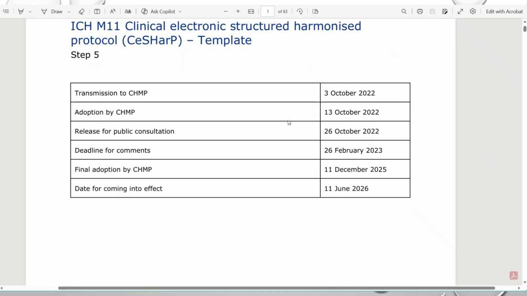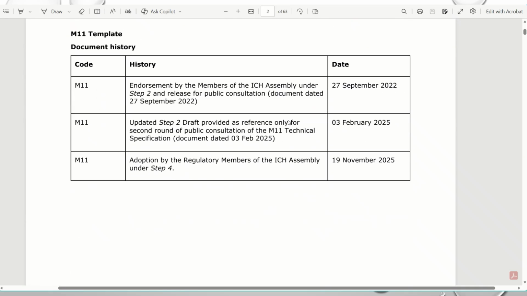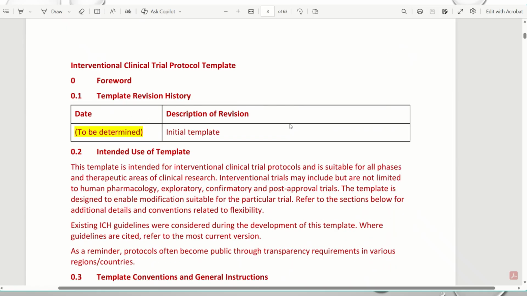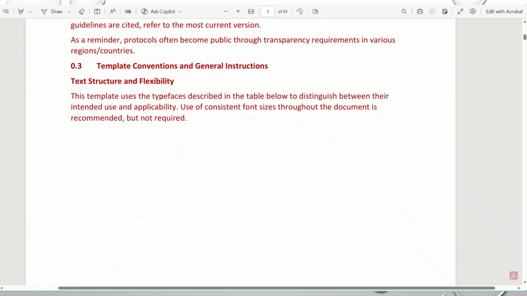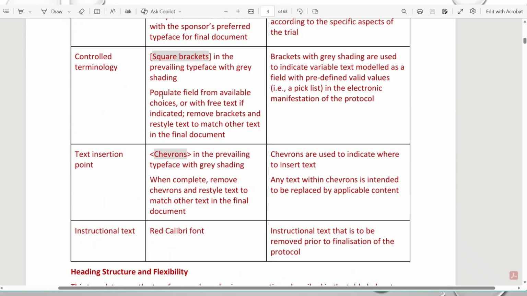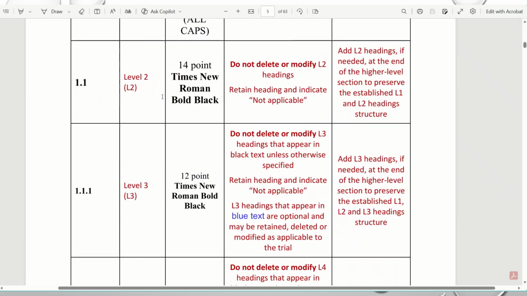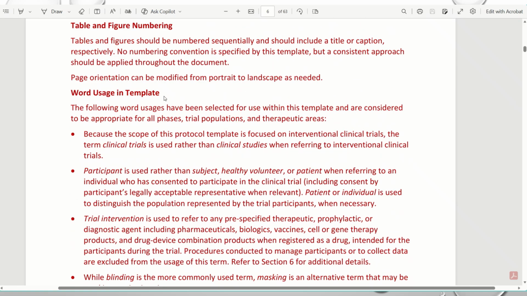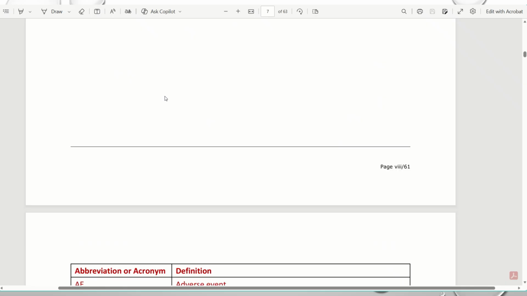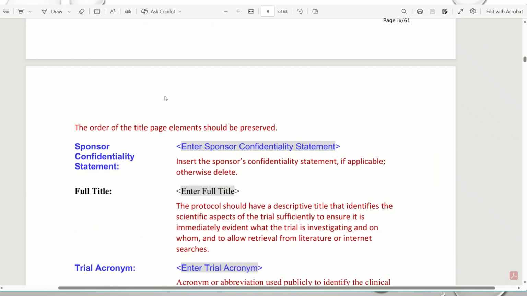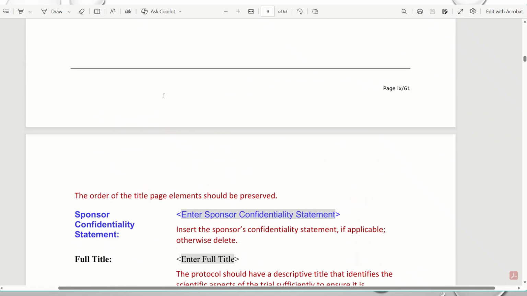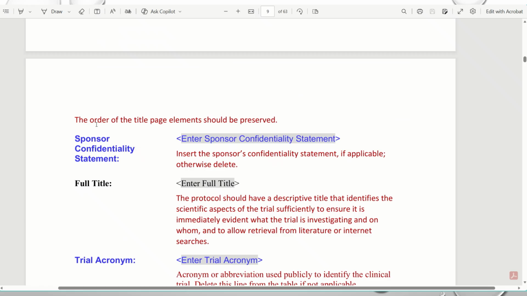So let's take a look at what part of the document is going to be structured. I don't want to go through this in depth. It's not the purpose of this presentation, and this is a top line presentation. It's not an in-depth presentation, yeah? So this is the title section, so this is the title page, and